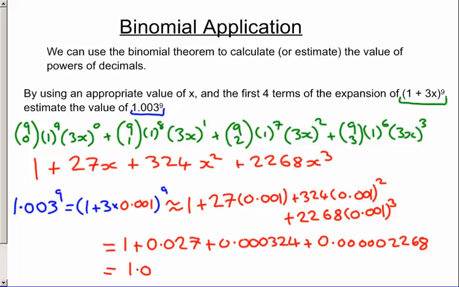In this case, the percentage error is 0.0000001%. So this is very, very accurate for 1.003 to the power of 9. And this is one of the main uses of the binomial theorem, particularly in the days before calculators, because you could do most of this work without